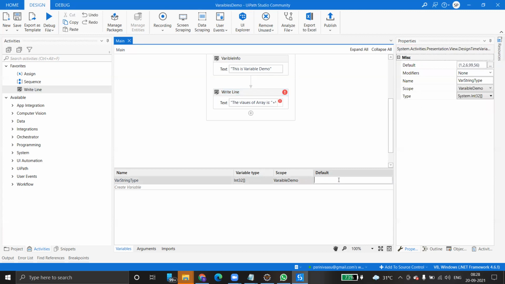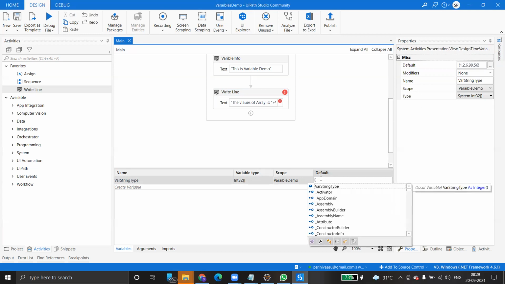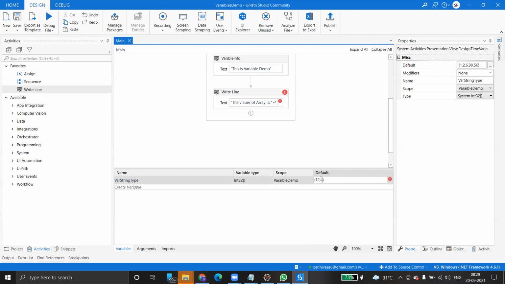You don't need to give them if you don't want to. But here I'm just declaring some values, 12, 34, and 23. Done. You can write anything there.